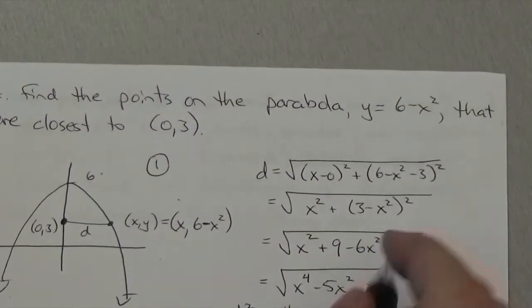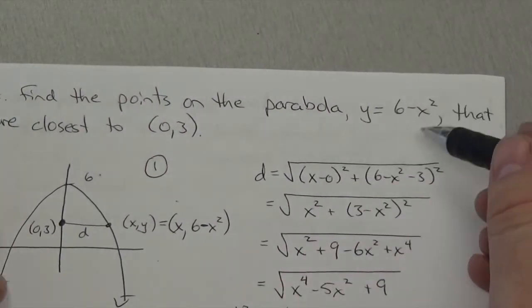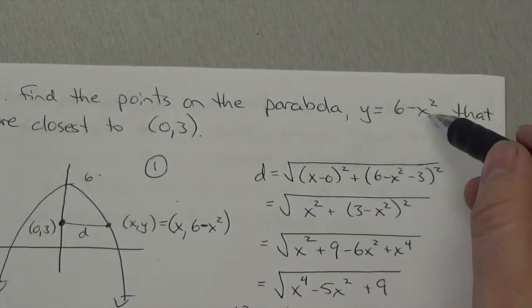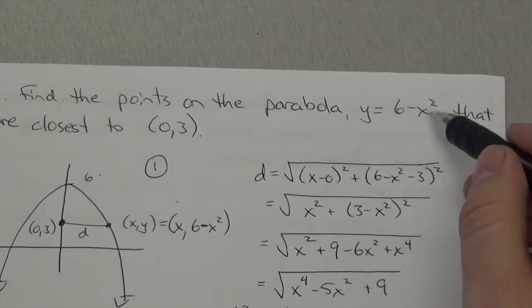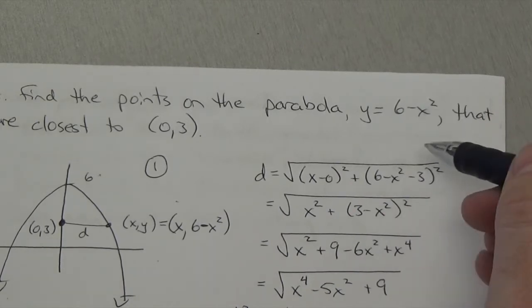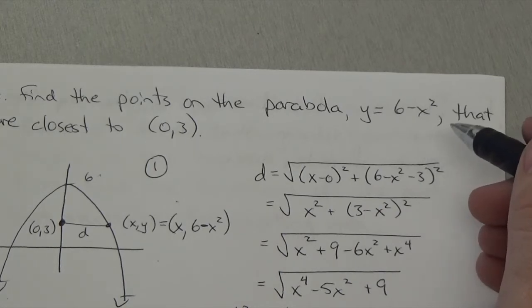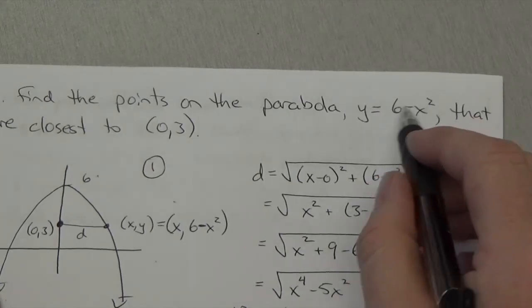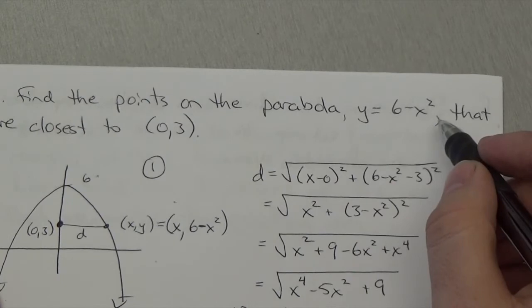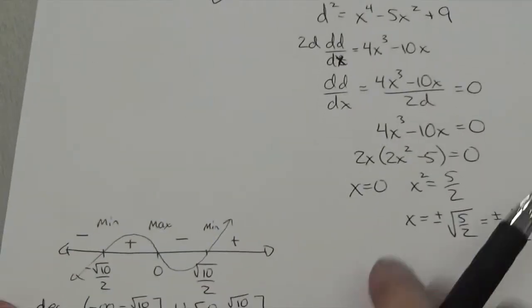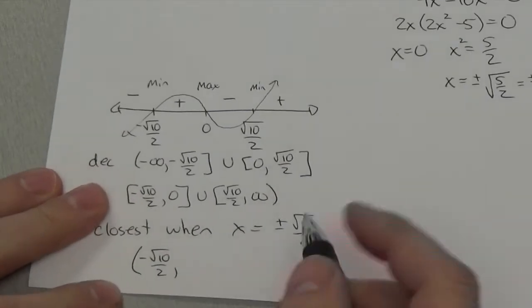Well, I go way back up to my function. Negative root 10 over 2 squared is going to end up being 10 over 4. And so now if we subtract that from 6, 10 over 4 is going to be 3.5,